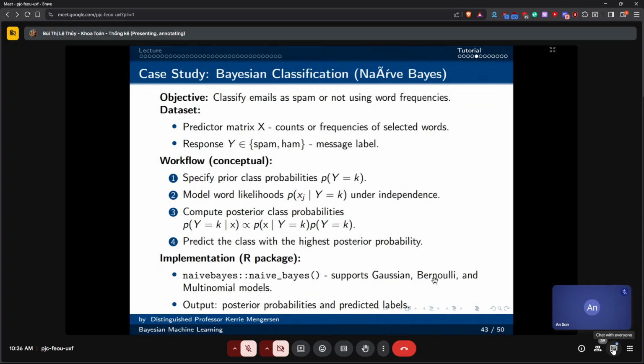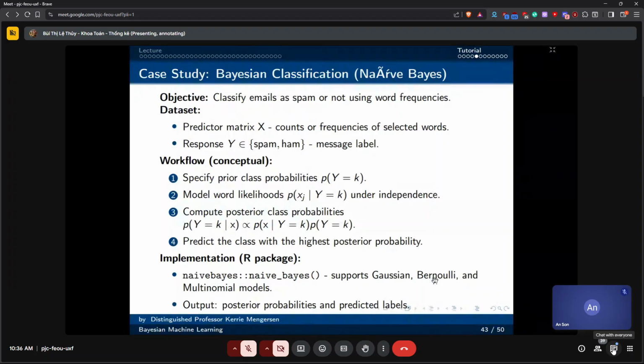So we now want to calculate the probability of it being spam given that I've got the words. So P of Y equals K given X. And that's going to be proportional to the probability of having those words given that it's spam times the probability that it's spam. And so then I predict the class with the highest posterior probability.